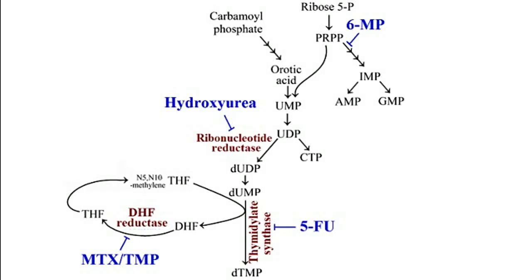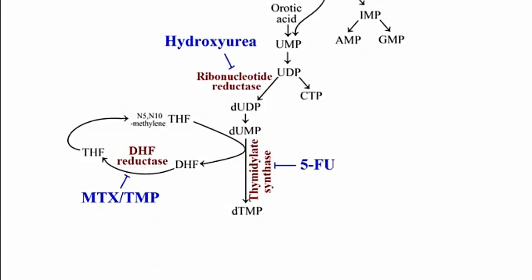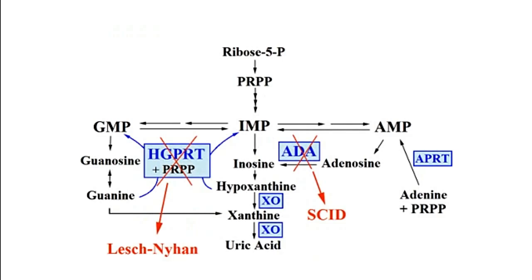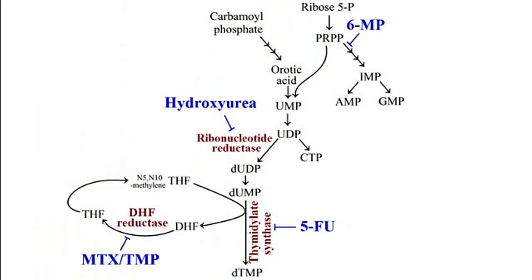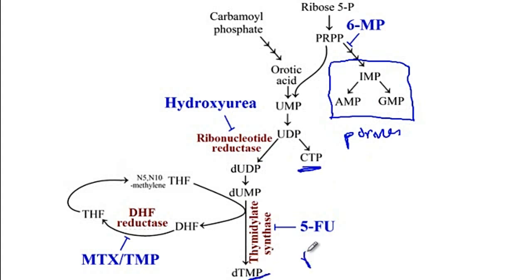In this video, I'm going to talk about three different biochemical pathways, including the purine and pyrimidine synthesis pathway, which is shown right here, the purine salvage pathway, as well as the urea cycle. So starting with the purine and pyrimidine synthesis pathway, you can see that on the right side of the reaction, purines, which include the adenosine and guanosine, are being produced,